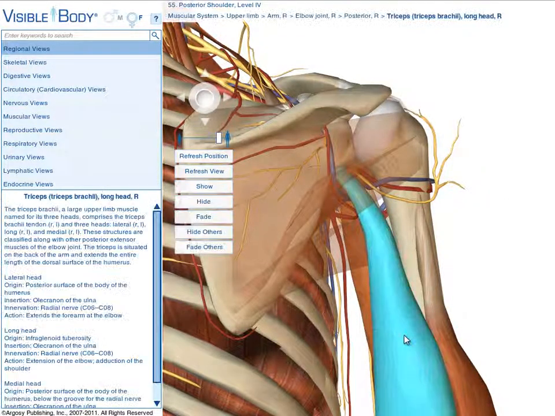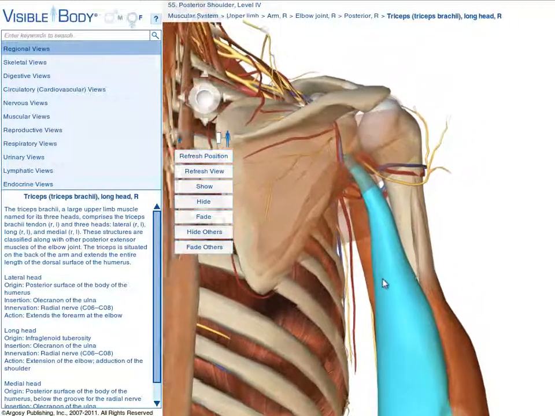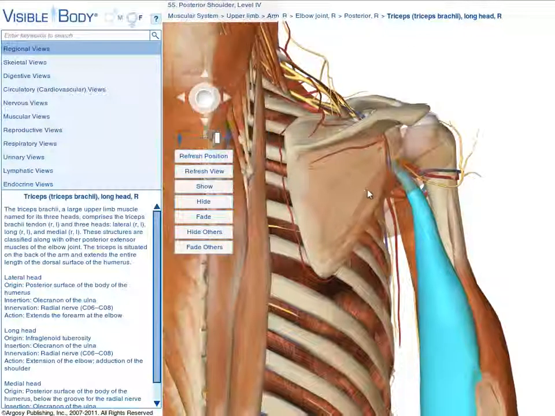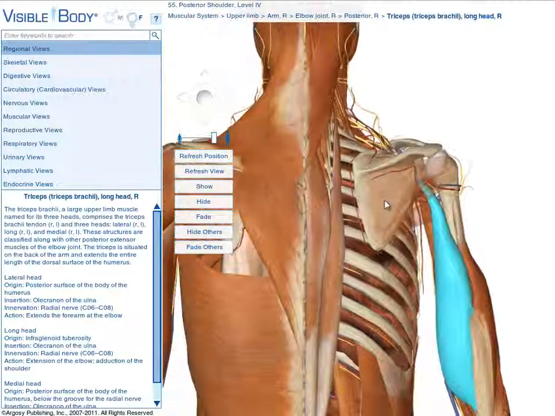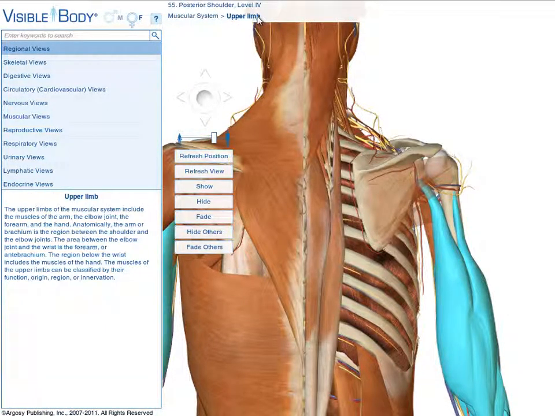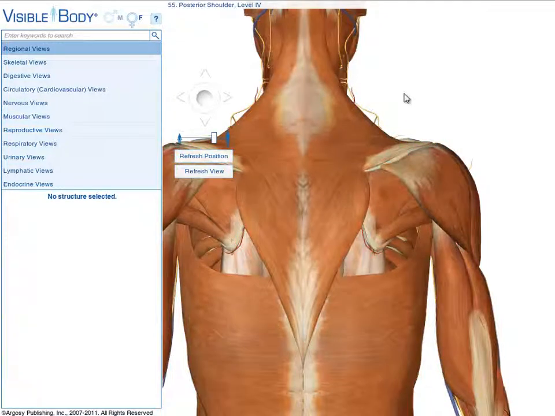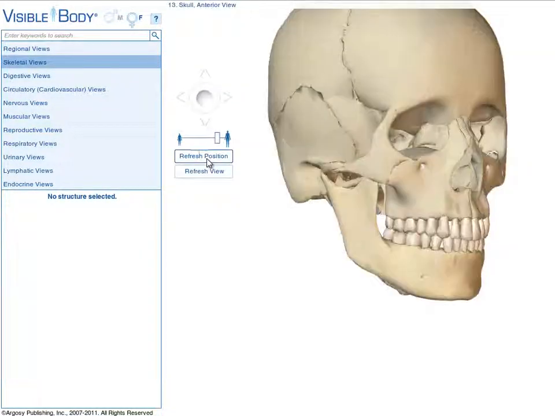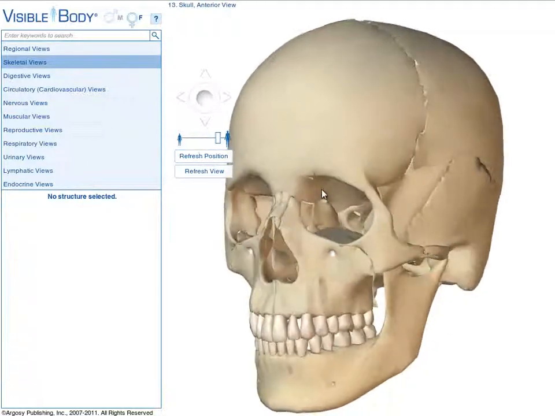Visible Body has two ways to add structures to any view: the search button in the main menu and the breadcrumb trail on screen. If I want to add more musculature, I can simply click further up the breadcrumb trail and add groups of muscles. I'll show this again with the skeletal system. View 13, Skull Anterior. If I want to add the brain to this view, I can type brain into the